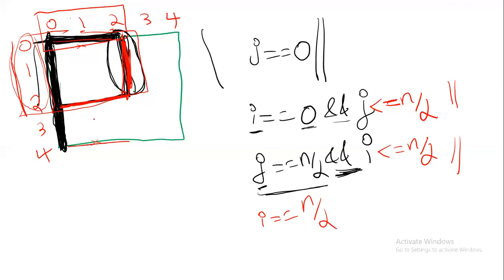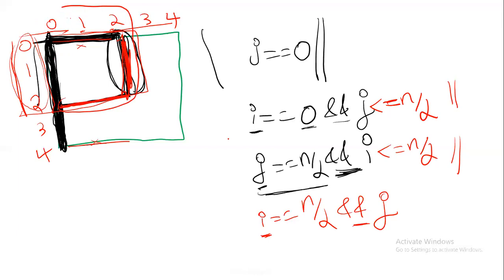Now, if you tell I equal to n by 2, that middle row will print completely like this. But do you want it to print completely? No. That's why, which operator? And operator. You know that if you use and, on the left side, I is there, which means on the right side the opposite variable should come, that is j. So if you write j, you have to go back to the diagram and write all the j values. Yes, these are the j values. And for what values of j are you printing this line? You are printing this line for the j values less than or equals to n by 2.